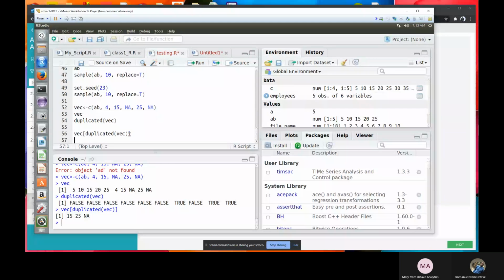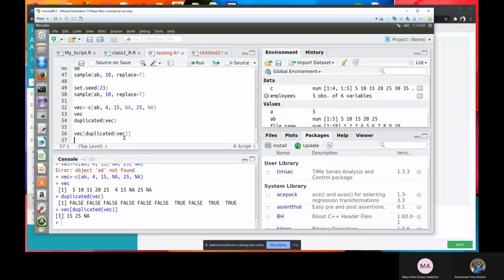This is going to give me the values that are duplicated. I put the duplicated function of the vector inside the vector object itself. I subsetted it using the duplicated command so that it returns all those values that are duplicated. It's just common logic that I used.